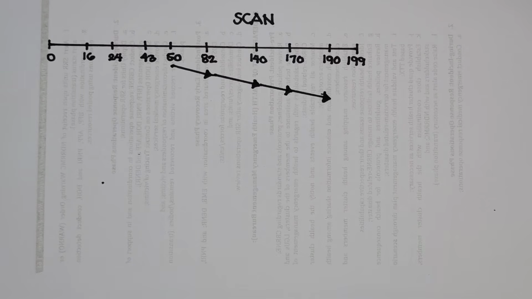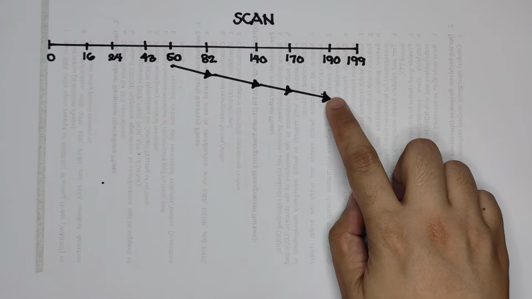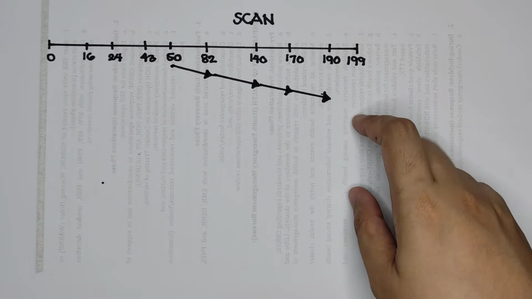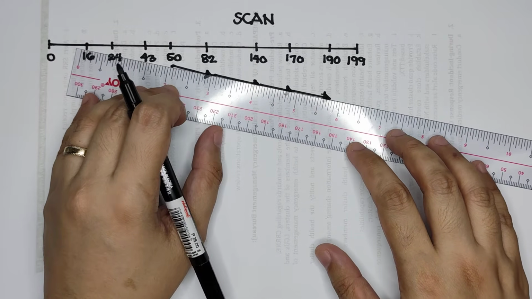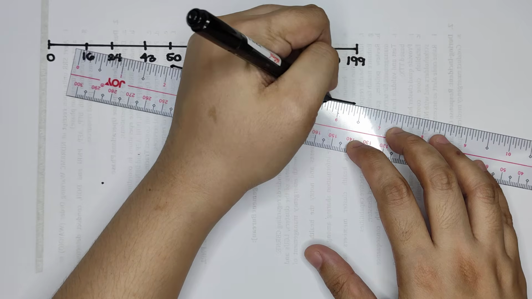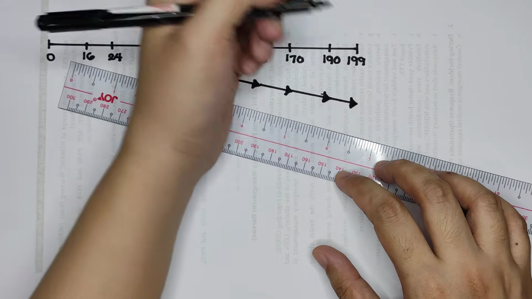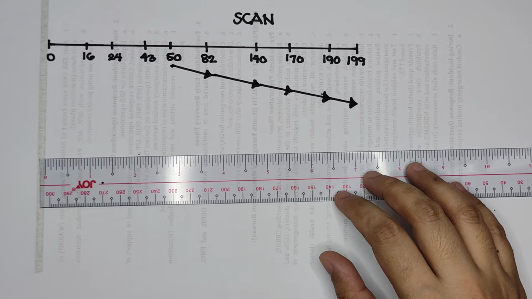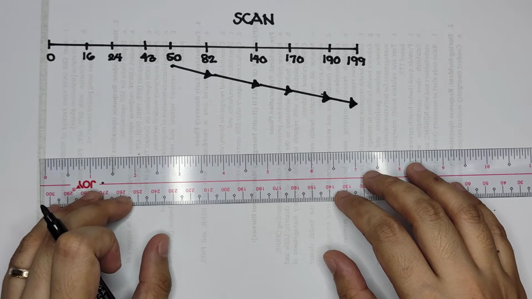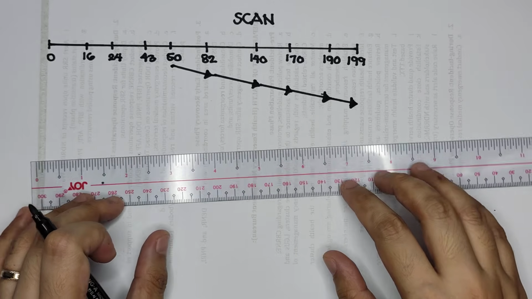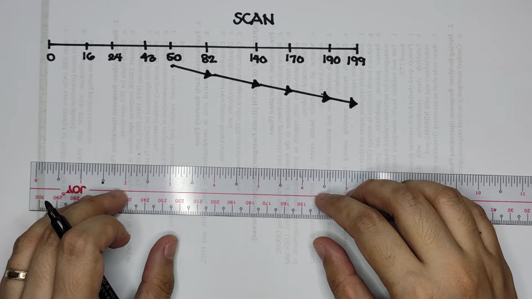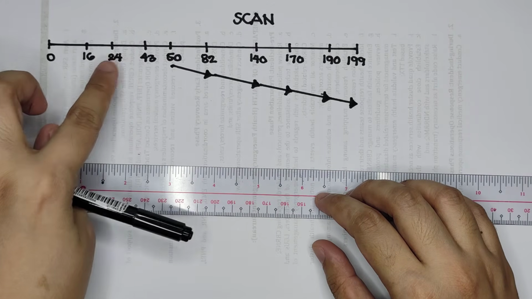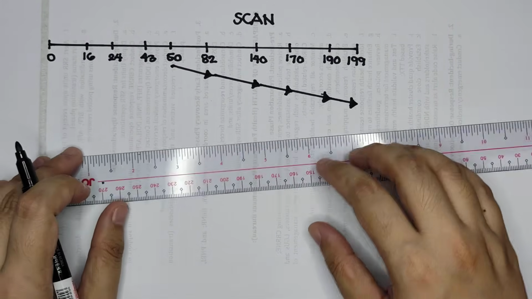But the difference between SCAN and FCFS is that SCAN will go to the last cylinder, which is 199. So it will go to the end of the disk. Going to 199, though it is not included in the values, that's the rule for SCAN. And then, since the only remaining values are 43, 24, 16, it will return